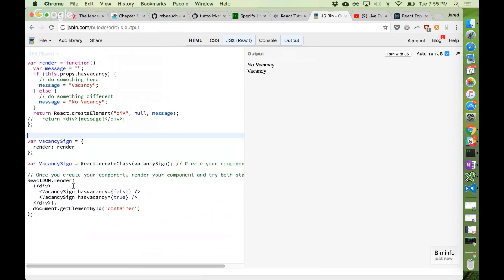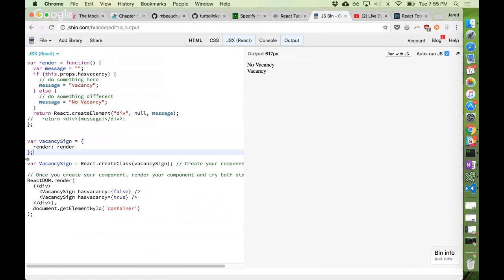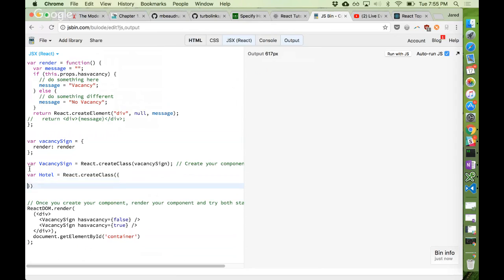We can play around a little bit if we want to now, and we could compose something a little more complex than what we already have. So maybe instead of vacancy signs just directly, we want to create, let me put it down here after this, we want to create a hotel component. I'm going to use the inline syntax, createClass. My object is just inlined right here. And our hotel will render